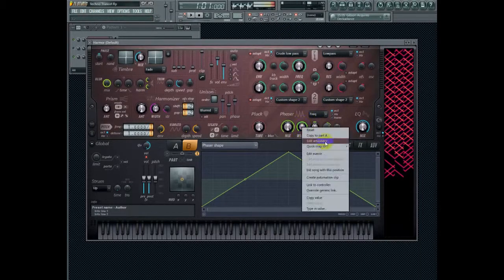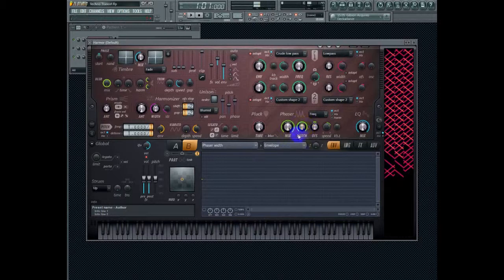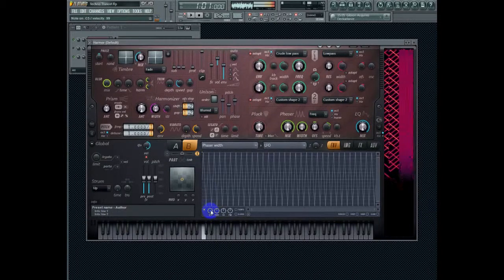And now we're gonna edit articulator for our width knob, and we're not gonna need envelope. We're gonna go to LFO, and here just raise the amount of LFO to the top. Turn up the speed, and yeah, we got our white noise. Don't ask me how I found this, how to make that white noise,